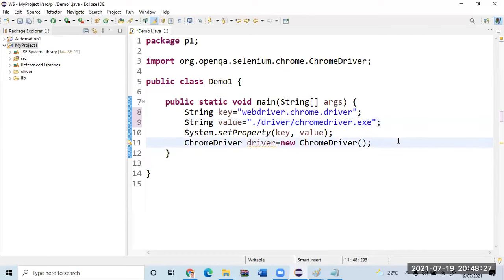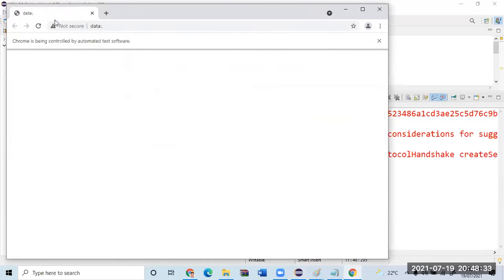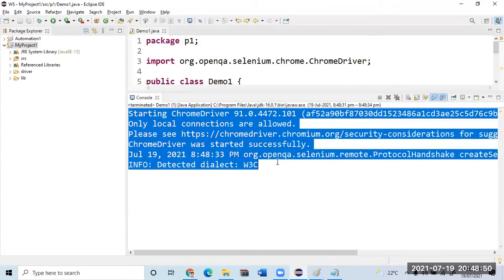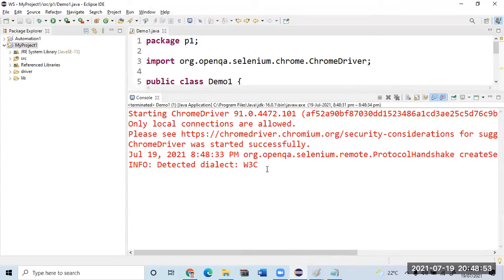Now, let me continue this. Let us see what happens if I run it. See this. Can you see what happened on the screen? The Chrome browser is opening, am I right? Yes. Oh, sorry, I'm getting an error. Is it an error? No, sir. Does it anywhere say the word error? No, sir. It's a warning kind.